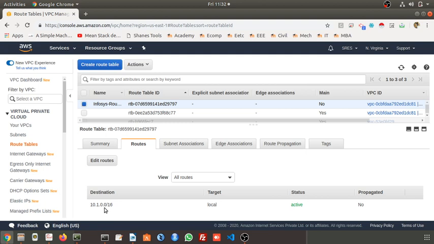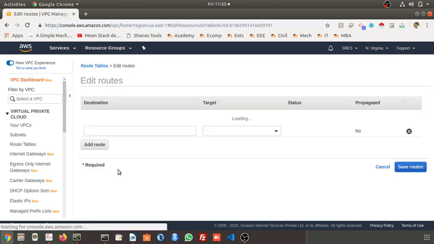10.1.0.0. What is this 10.1.0.0? It is our virtual private cloud route. So within this, if any packet is coming from this 10.1.1 series, everything will be diverted in that given virtual private cloud. If any packet is coming from 10.1, that will be routed. But we need to allow it from the other network also. Before that, first associate.